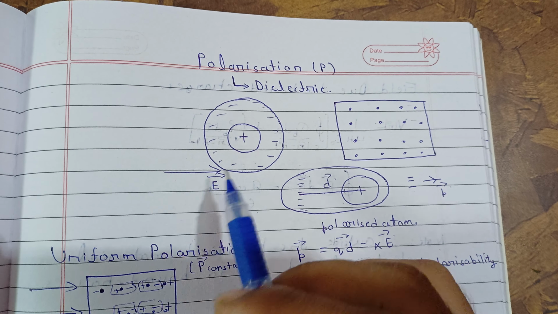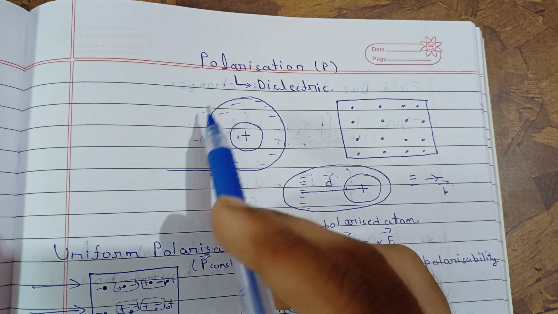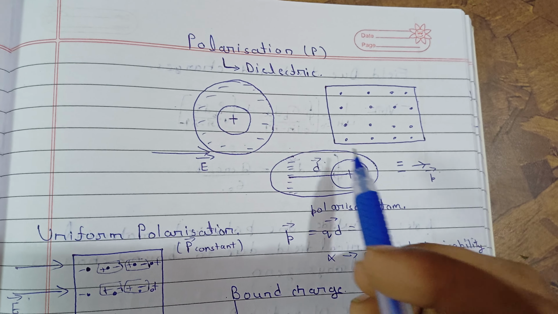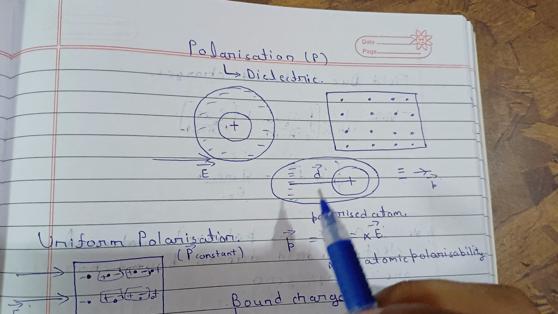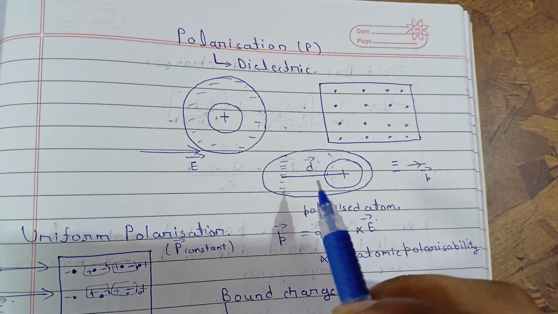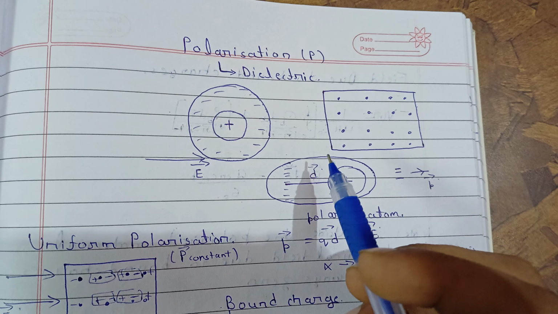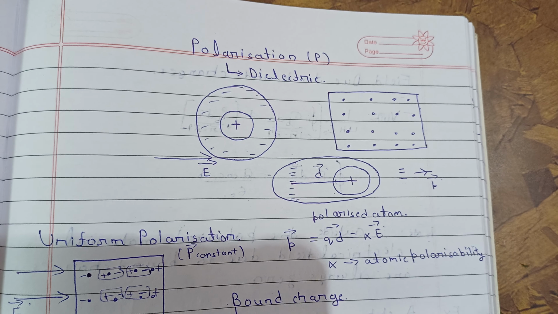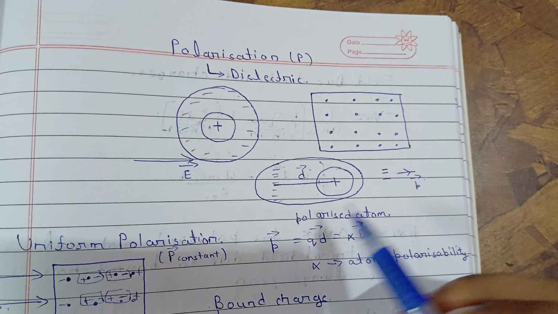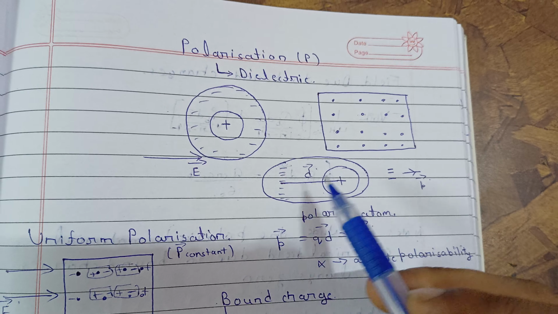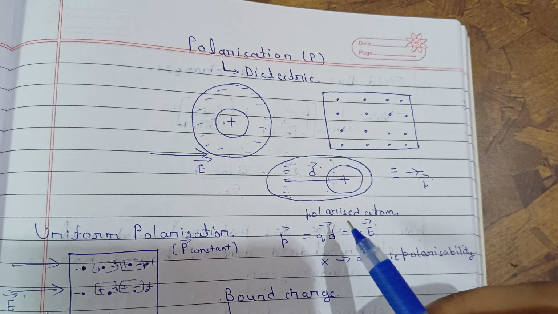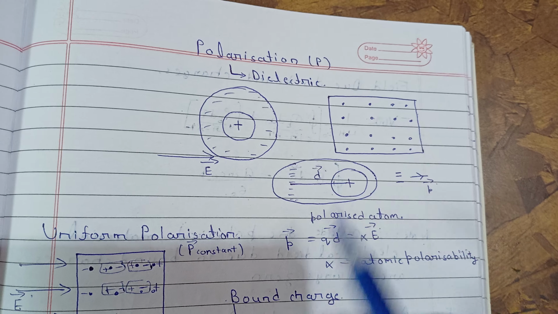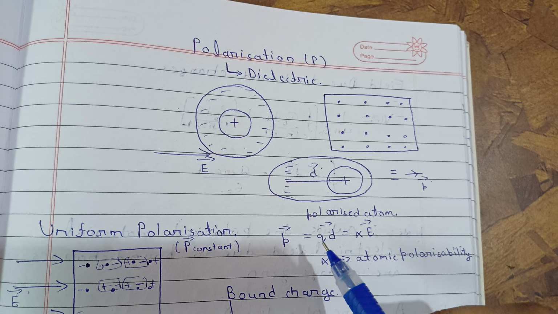Now when you apply some electric field on it, the negative charge will displace to this side and the positive charge to this side, something like this, and this situation we call polarization. This is a polarized atom. So this kind of dielectric material you have, and we have taken a single atom, and this is defined as a polarized atom. And the polarization of this single atom is defined as, meaning the dipole moment can be written as q into d, where d is the distance between these displaced charges, plus and minus,